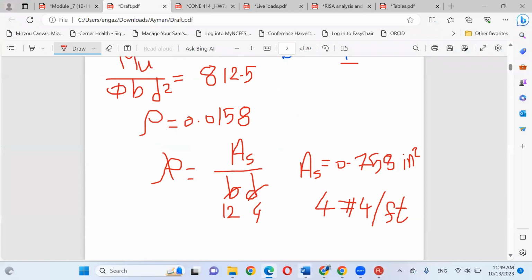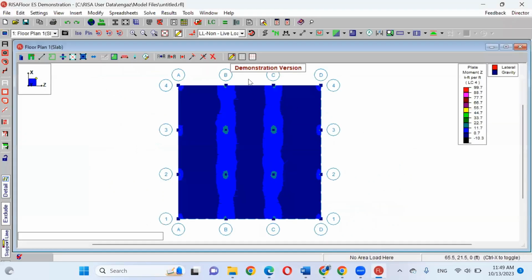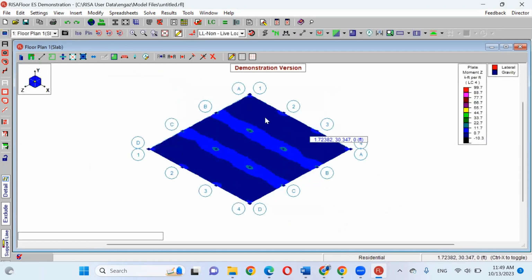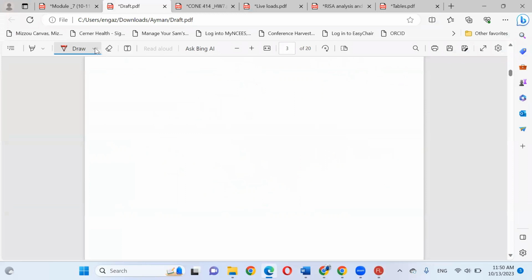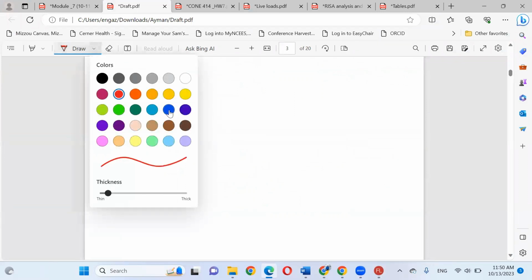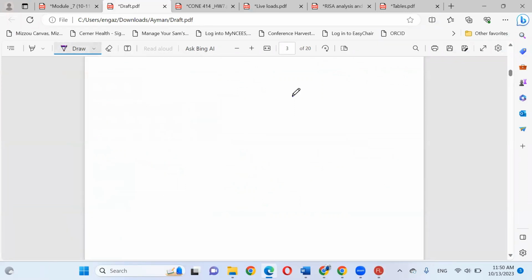You can go through RISA more in depth, but we have another result for the slab, which is the deformed shape. What do you mean by deformed shape? I think you are familiar with this from engineering mechanics or mechanics of materials.